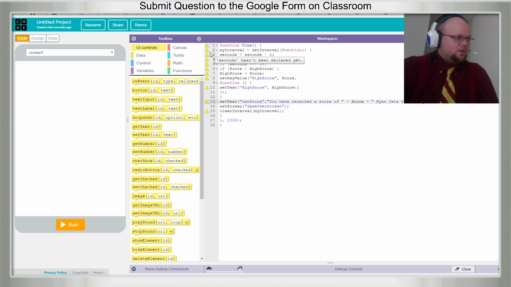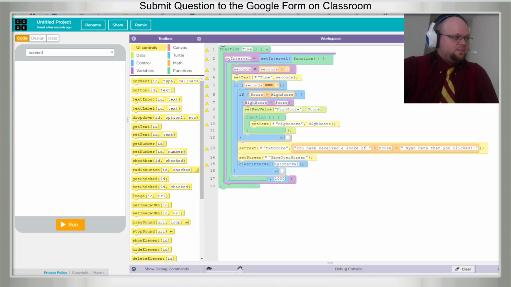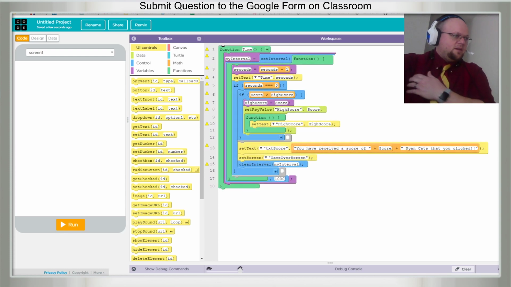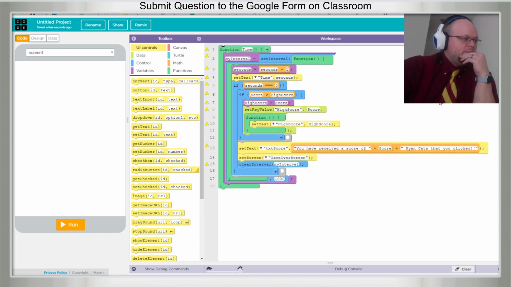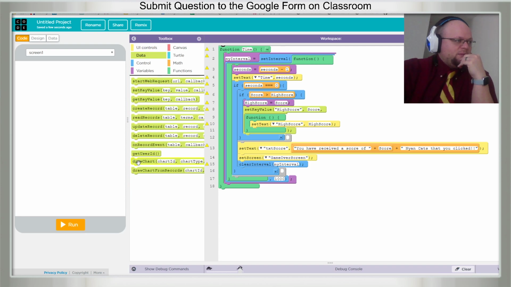Oh, there's other variables and stuff. Seconds has... let's see if it'll even go to blocks. Yeah, check that out. That is a lot of stuff. We haven't even used the green blocks, the data green blocks,